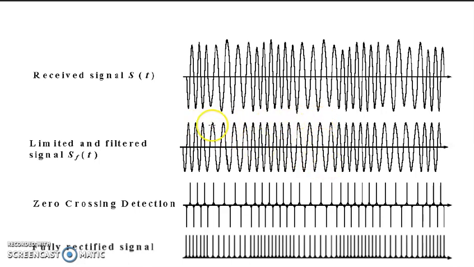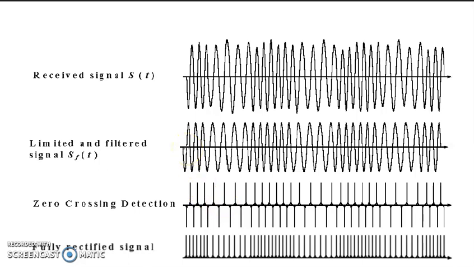The upper peaks and lower peaks have constant magnitudes, while the frequency follows the modulated signal's frequency variations. Now the zero crossing detector concept is applied in the zero crossing detector block, and whenever there is